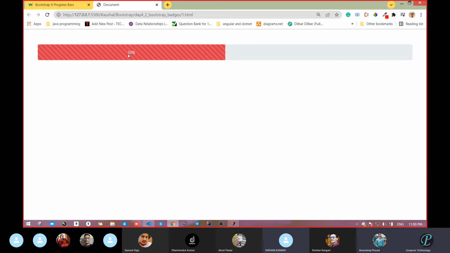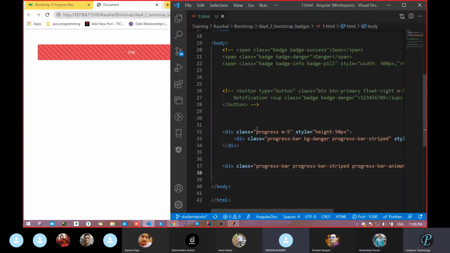Yes, sir. There is an option, right to left, mixing two colors. Yeah, that we can do. But for this type of strip, see, how much designing will you do? You can imagine. Yeah. That is the thing. It will work with the help of linear gradient. We can do that. Okay.